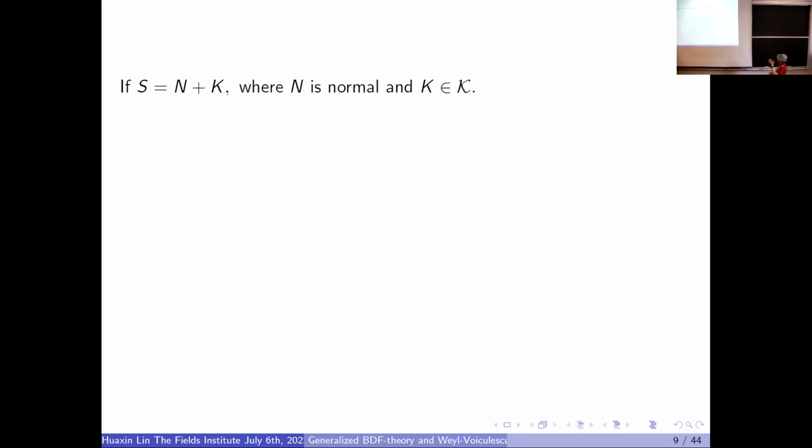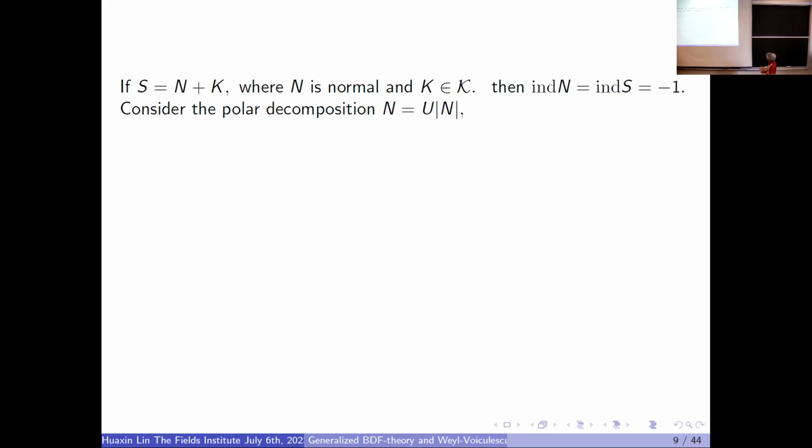Then you do a polar decomposition, say N is normal, K is compact. If this actually happened, this normal operator would have the same index as S, and then you look at the polar decomposition. Since N is normal and U is a normal partial isometry,